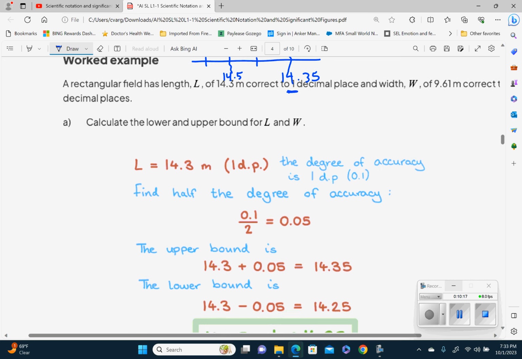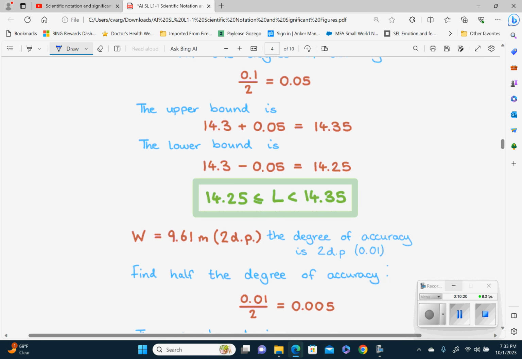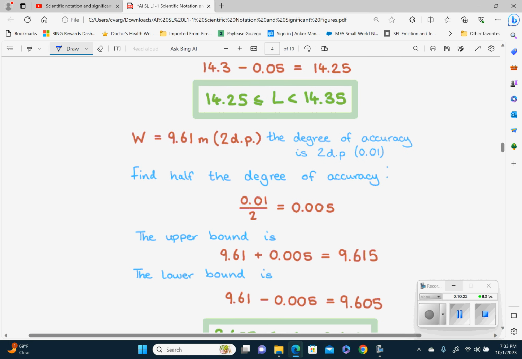So depending on what it's asking you to round to, there is another example here for the lower and the upper bound. So 9.61, the degree of accuracy here is 2 decimal places, right? So here's 2 decimal places, and you're going to go ahead and do the same thing, right? Take our width,